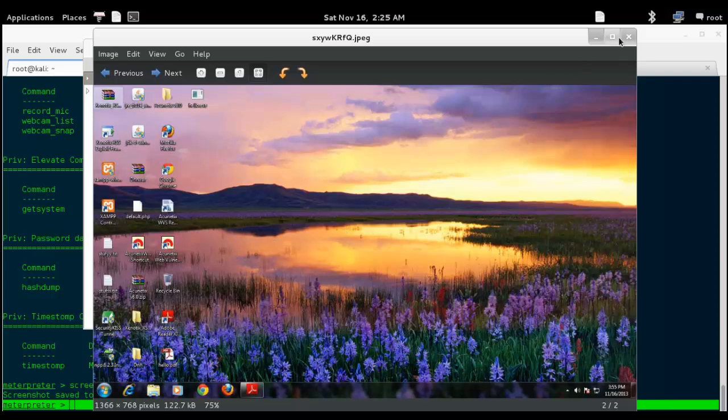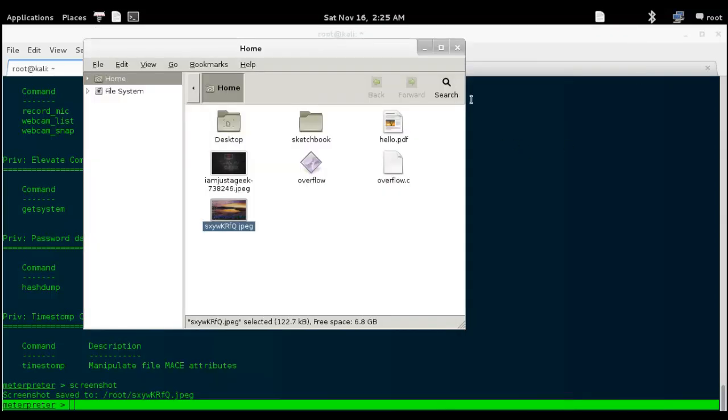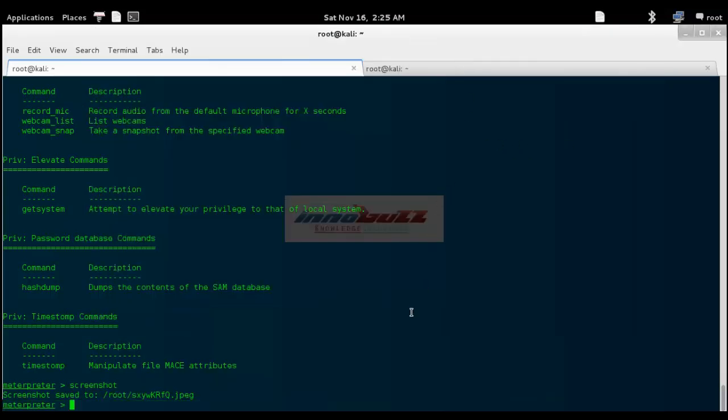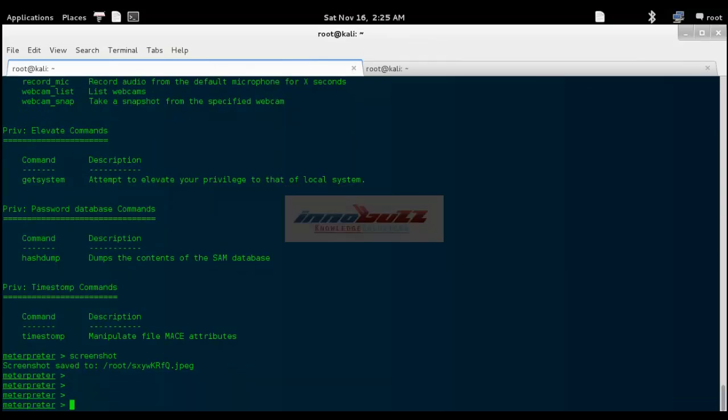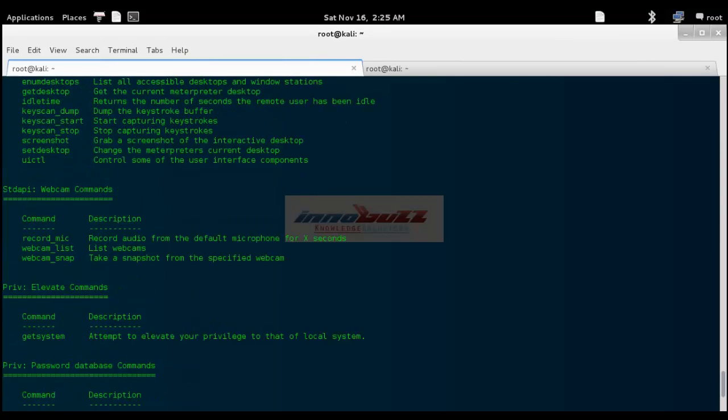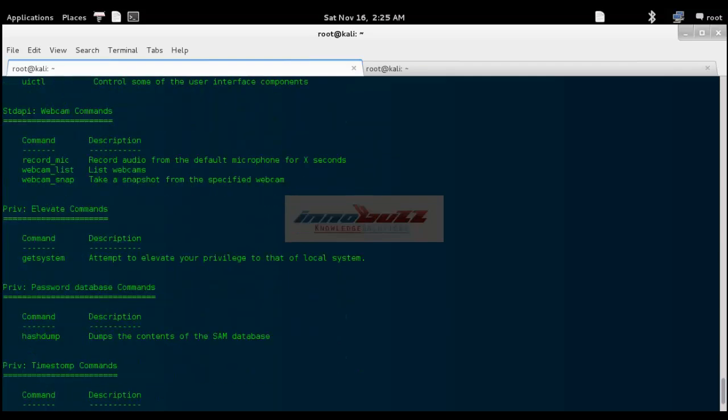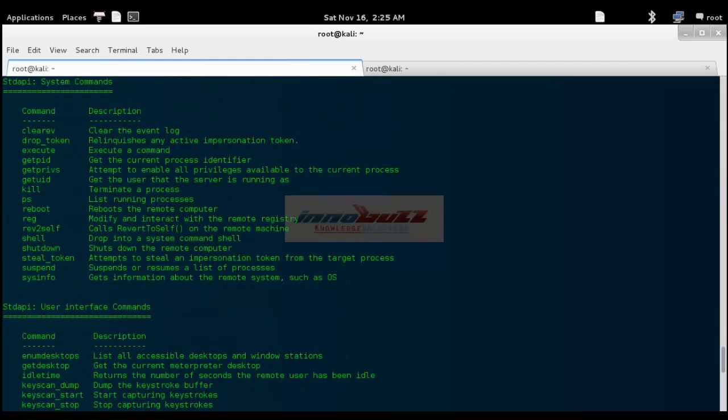Here I can see what different programs and files are open on the screen. If they are logged in with a Facebook account or Gmail account, I can see the email ID. There are many things that I can compromise on the victim machine. You can also restart the victim machine. The simple command is you just need to type restart and the machine gets restarted.